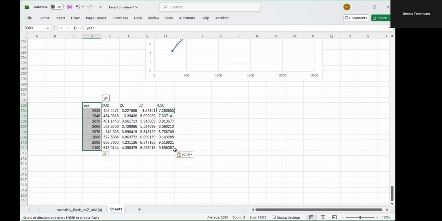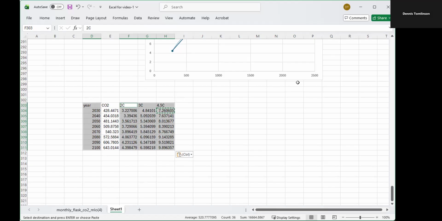And now I'd like to skip over the CO2 column and highlight those last three columns for all of the three temperature rise predictions. So before I do that, I'm going to push and hold the Control key, go to the 2C box, click, and now I'm going to drag down and to the right until I get all three of those columns selected. Let up on the mouse, then I let up on the Control key. So what I've got selected is the year column, and then each of the columns for sensitivity of 2C, 3C,